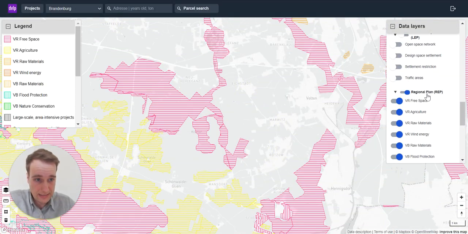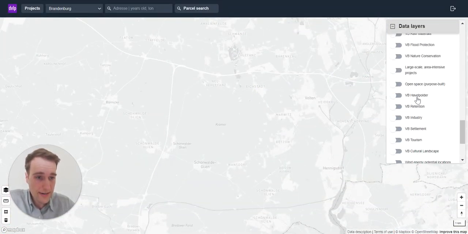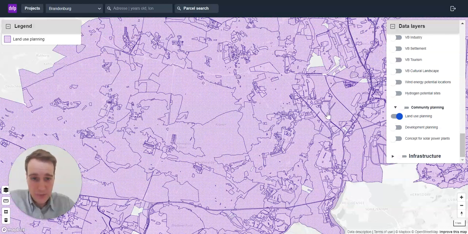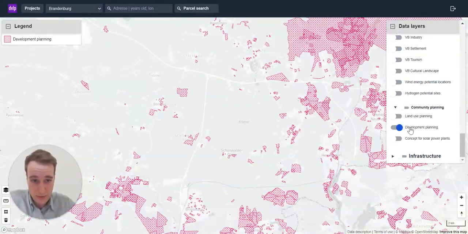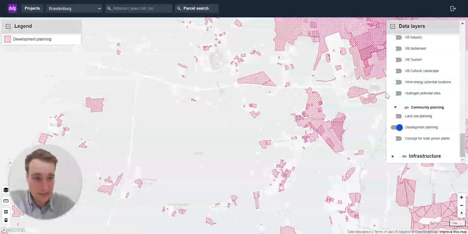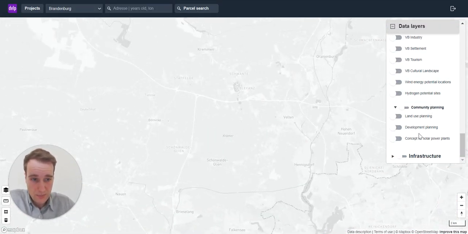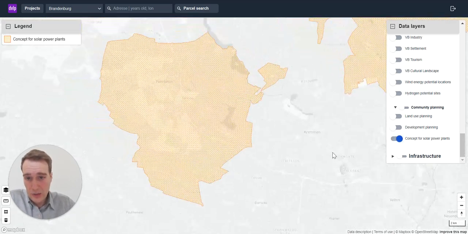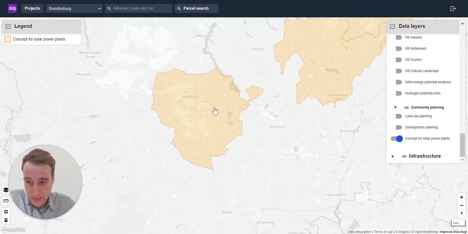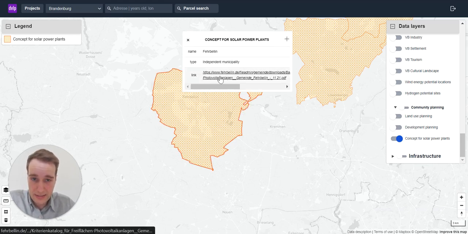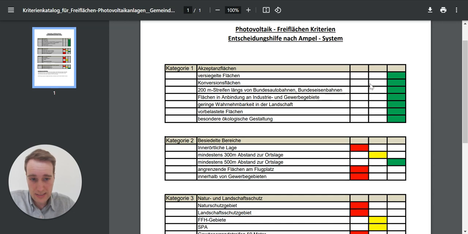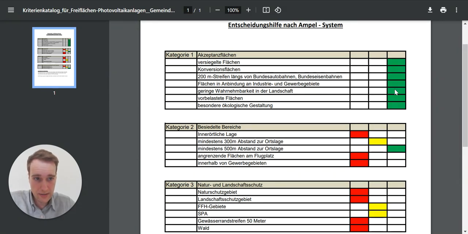with priority and reserved areas. You can access the land use planning and you can access the construction or development plan of the municipality. Also, we provide the different concepts that municipalities defined to restrict PV projects in their areas. With accessing the PDF document, you can very easily see the exclusion criteria and the potential positive criteria of a